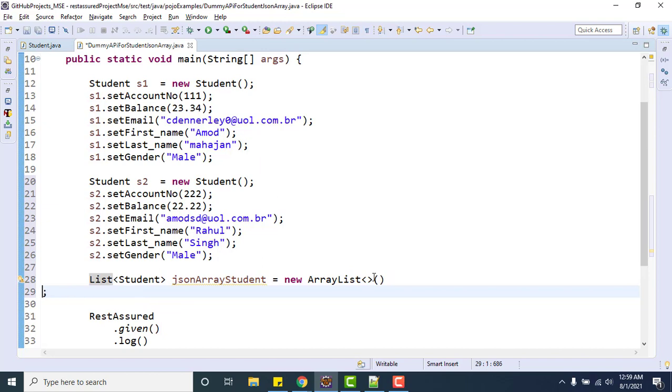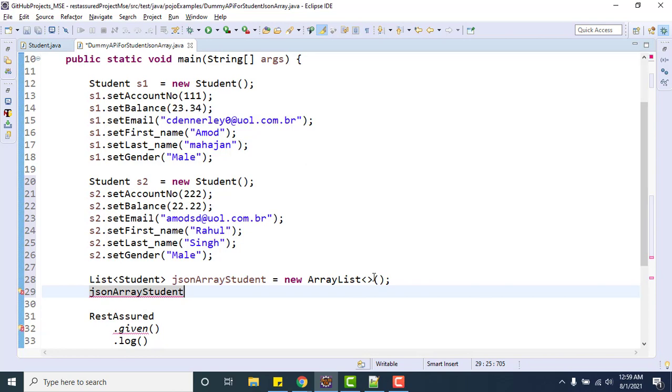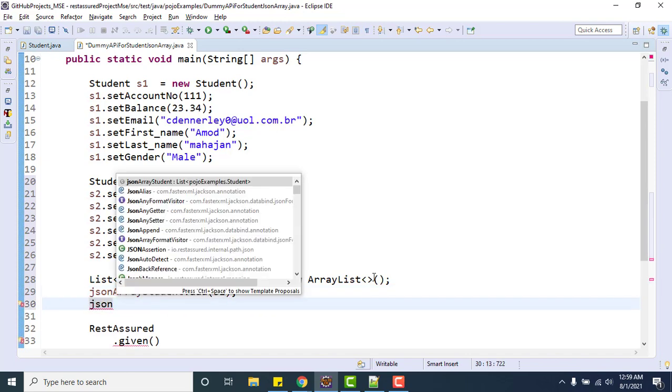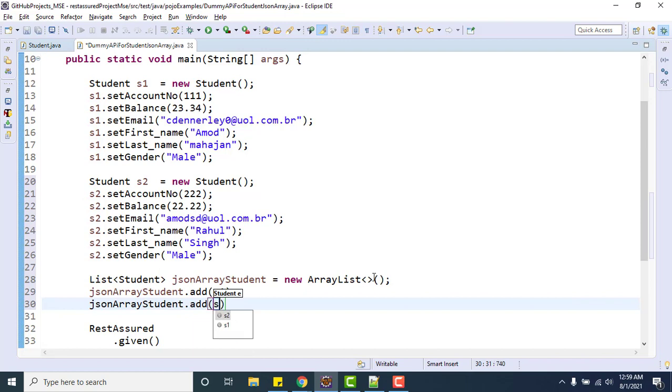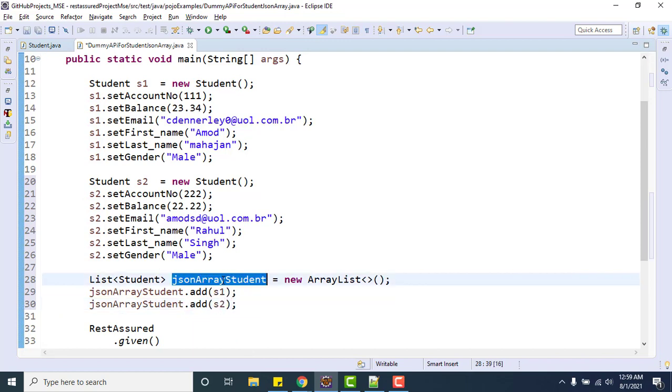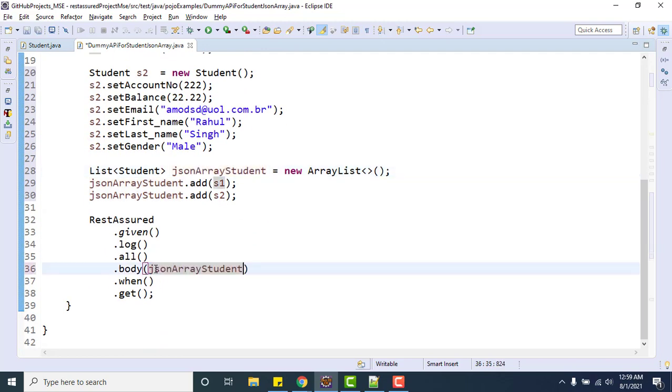Now what we need to do is simply add S1 and S2 to this list. Add S1, then JSON array student dot add S2. Now you need to pass this list here.